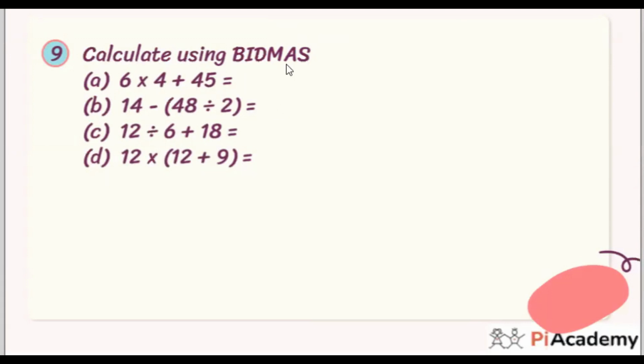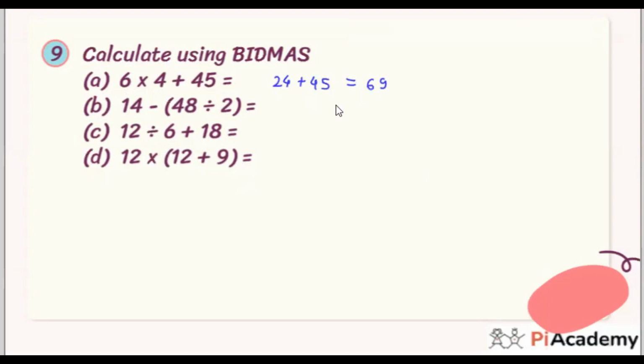55. Okay, 55. So let's check. As per BIDMAS, here you have to do multiplication first, right? So 6 times 4, that is 24. And once you get the 24, here you have the 45, you have to add. If you do column addition, then 4 plus 5 is 9, and 4 plus 2 is 6. So the answer must be 69. Okay, no other answer. Okay, Isha, you can check the calculation. 6 times 4, 24. 24 plus 45, that is 69.